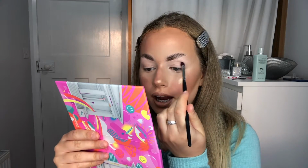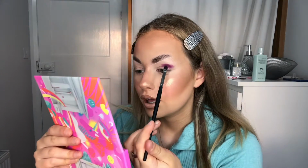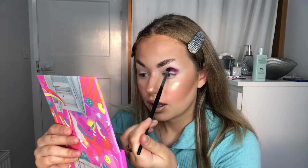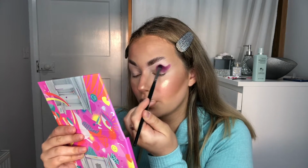I'm just going to be building that up into my crease and really packing in that colour. Wow, it's really pigmented. I don't really know what kind of vibe I'm going to go for, but I think I'm going to blow it out a little bit. I want to keep it quite, you could go out in it, but I want it to come out a little bit. So I'm going to blow it out a bit, blend it out after a while, and then maybe add some more blush to my forehead area so that it's not completely...